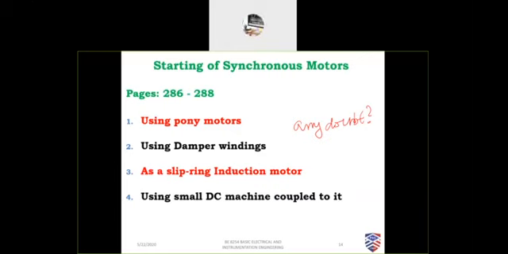We have this difficulty: would you want to start the motor with the induction, then go to the synchronous? The main reason is, wherever you want the motor for a constant speed, irrespective of the load, you need a synchronous motor. That is the only reason we are starting as an induction motor and running as a synchronous motor, because we need a constant speed motor irrespective of the load on the motor. That's very, very important. You can note it down.